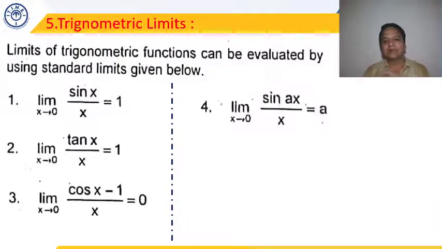Moving further, limit x tends to 0, sin ax upon x. It's an extension of 1. We multiply by a in the numerator and denominator. a is a constant. Then sin ax upon ax, when x tends to 0, ax will also tend to 0. So sin ax upon ax, when ax tends to 0, becomes 1. So we had 1 a in the numerator left. So the answer comes out to be a. So whenever sin ax upon x is given, x tends to 0, we write its value as a. We'll be using this expression when we'll be solving the questions.